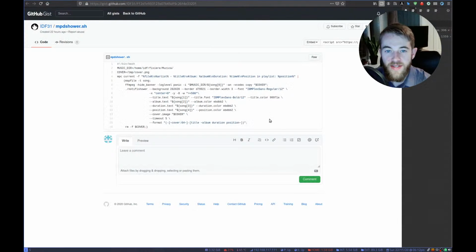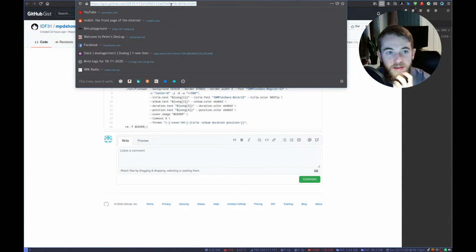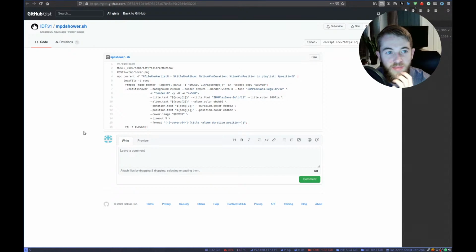And just to show off, this is his script. It's a gist on GitHub. I'm probably gonna add something like this, a bit more generic, so not his home directory. I'm probably going to make this into something more generic and put it in an example for Notifier.